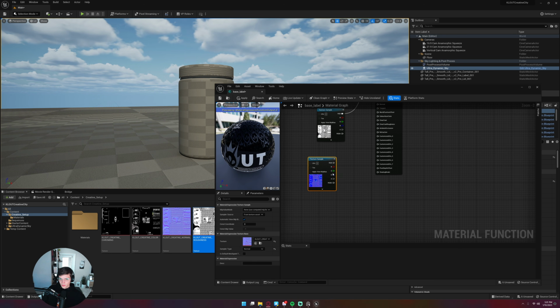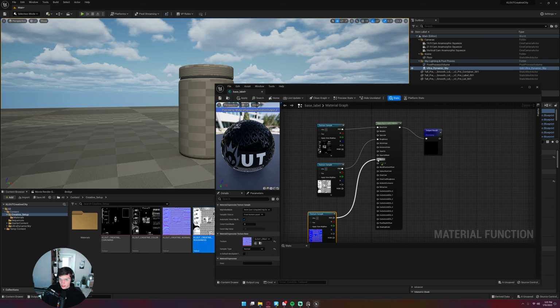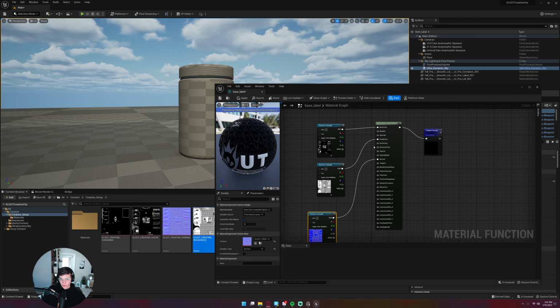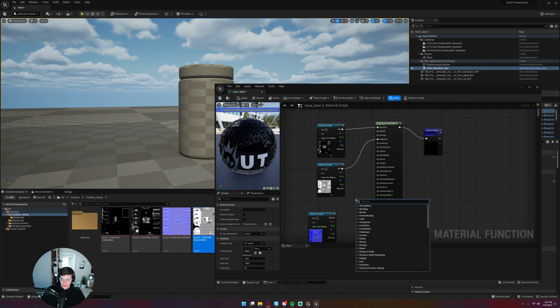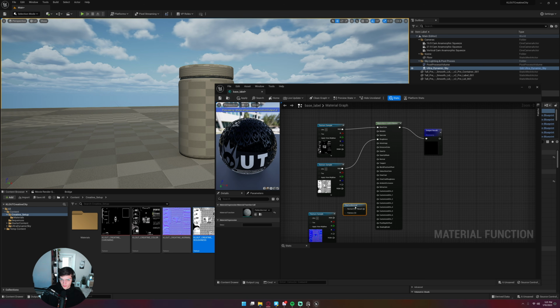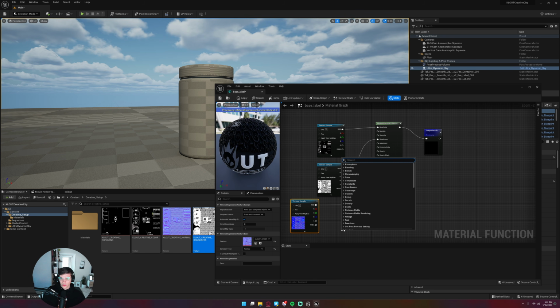Then the normal: if I just plug normal straight in, it works, but it's huge, and I need the ability to control that. The best way that I've found to do that, I'll hit tab and add in a flatten normal. I'll go RGB into normal and then result into normal. And then for flatness down here,